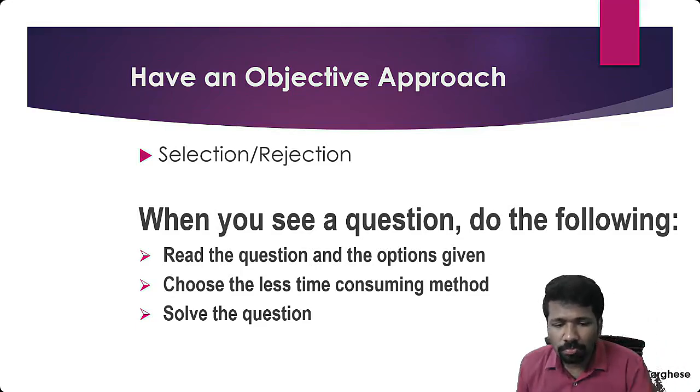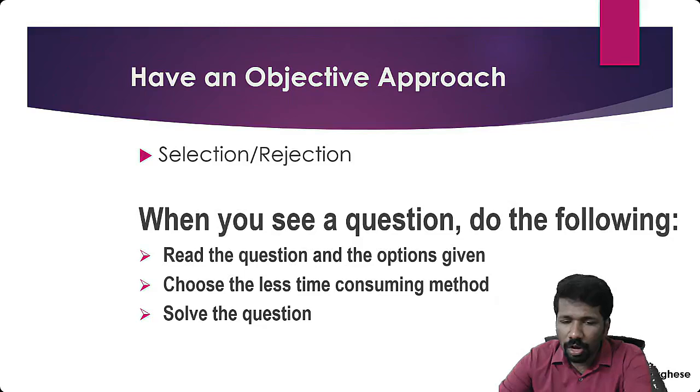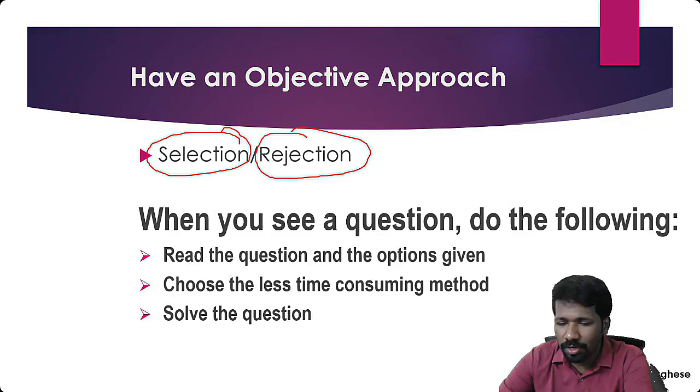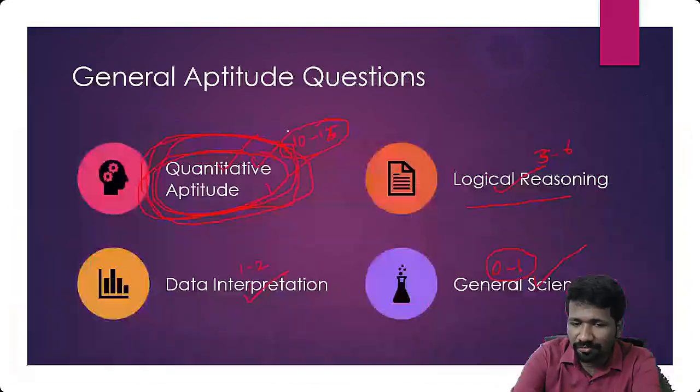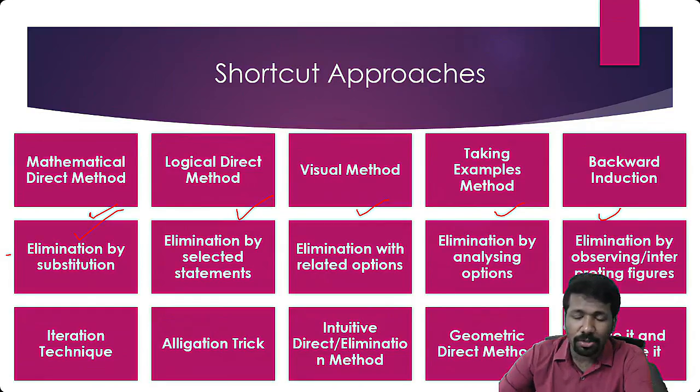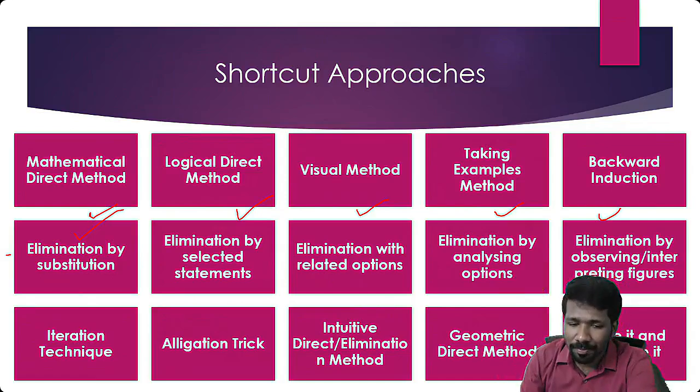Okay, so this objective approach, I will train you how to get this objective approach. And in it, please understand, questions ka right answer select karna, that is not the only strategy. Many a times rejecting the wrong options is more important. Rejecting more options and getting at the right answer is more important. In the 15 methods, 5 methods out of these 15 methods are based on rejecting options. That is elimination. Elimination you all have heard about. You are using elimination even in your subject part also. But elimination itself, you can do it in 5 different ways minimum.